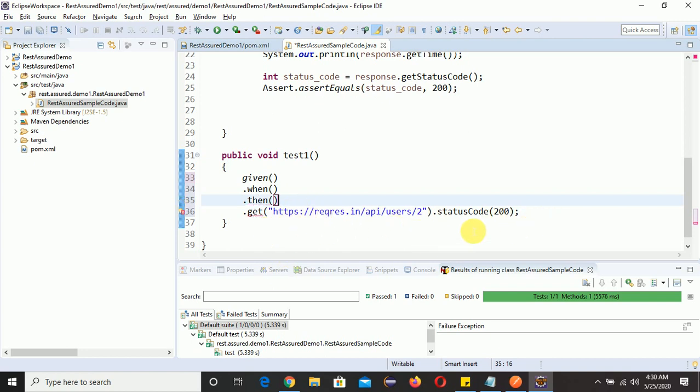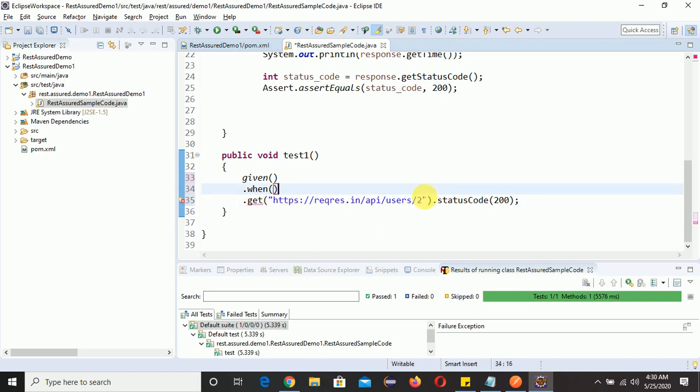Then dot get dot status code. Sorry, after this we need to remove this one. So inside when we need to write get, and after this we need to write then, dot then.